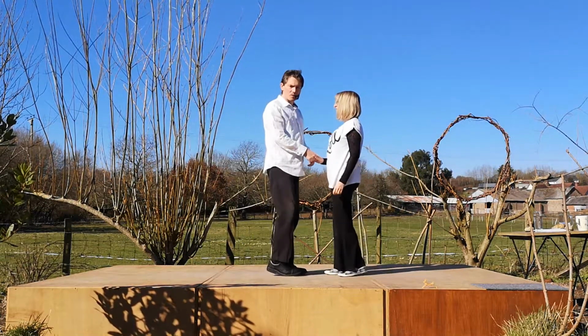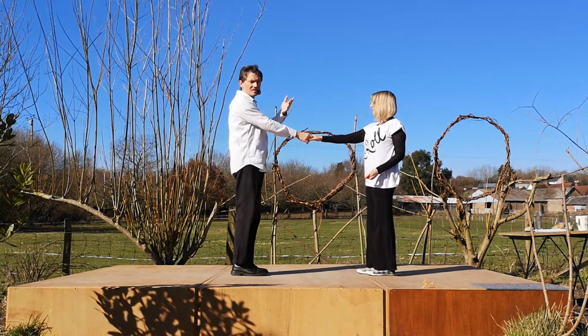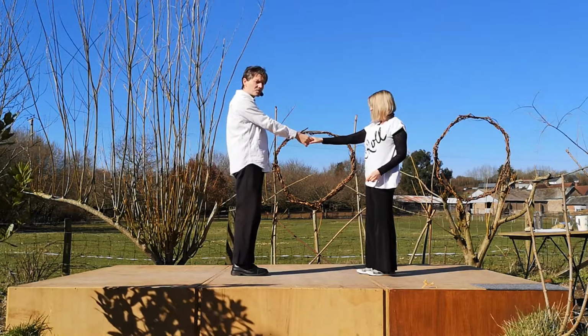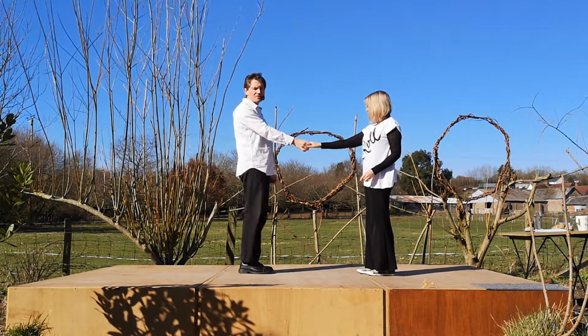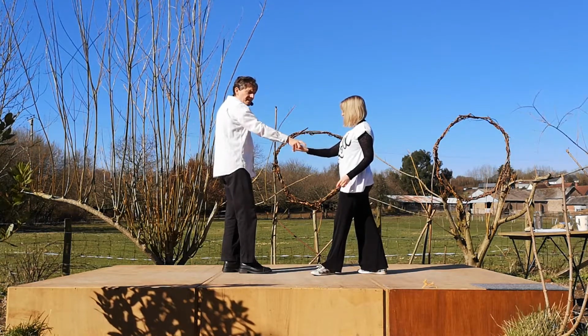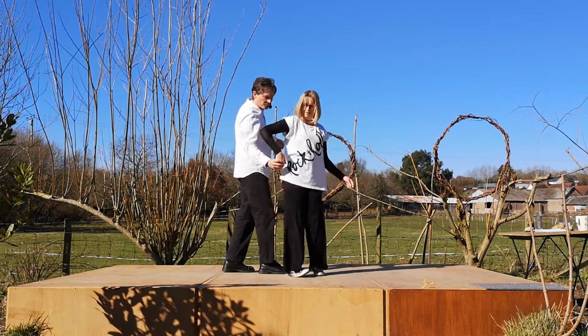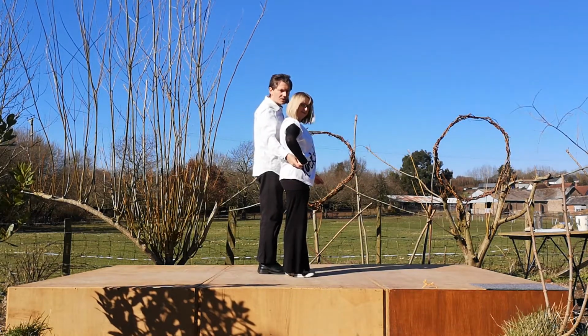Starts like a standard sway. So man's right, lady's right, semicircle push, step back. Guys step back at the same time as the lady. And it's also going to help you if the guys move a fraction to the left. As we pull to bring the lady forwards, we relax the hand a little bit, take it down over to the right. Now as we do this, we want to try and avoid folding the lady's hand into an uncomfortable